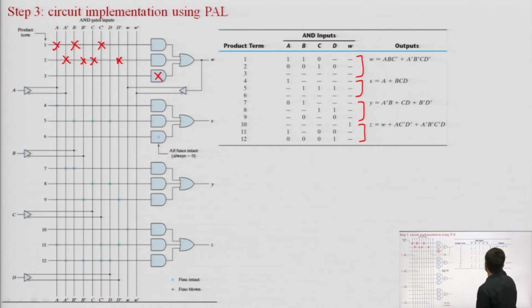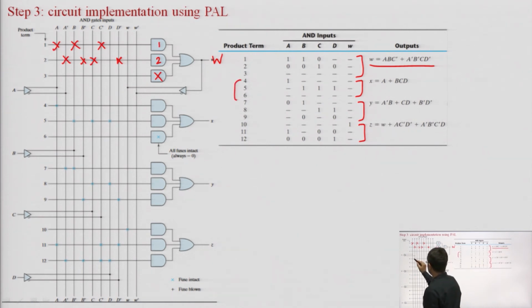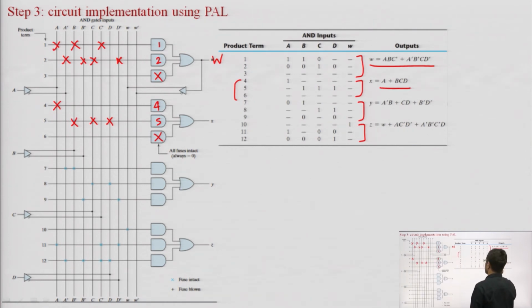So these three things, first product, product 1, product 2, and the third one is blank, are going to be added to generate W. Similarly, 4, 5, 6. So 4 is A, only A is involved, so this is A. Then B, C, D, this is B, this is C, this is D. So these are my 4th product, 5th product, and 6th product is also not going to be used because there are only two terms involved.